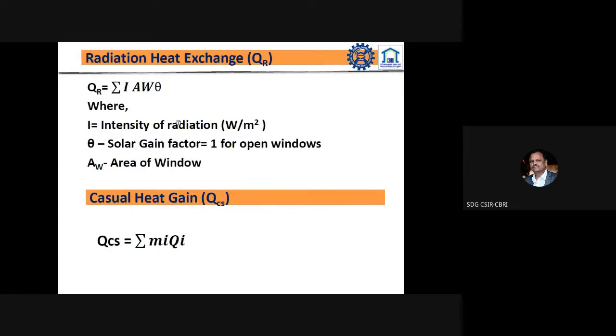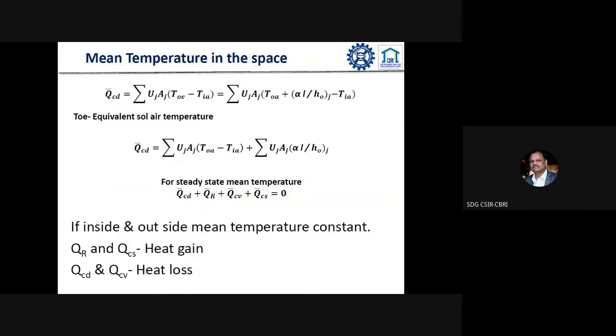So these are the three things. But apart from this, there is a casual heat gain. If any human being is there inside that particular space, then we have to consider that also. So at last, your mean temperature in the space we can find out